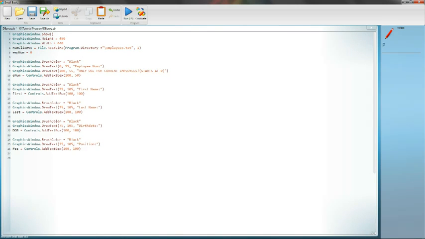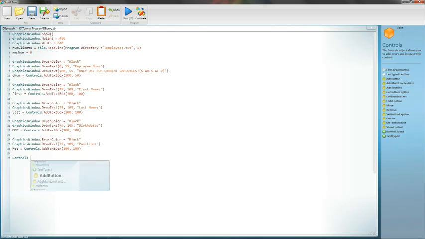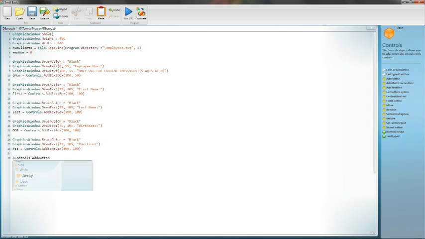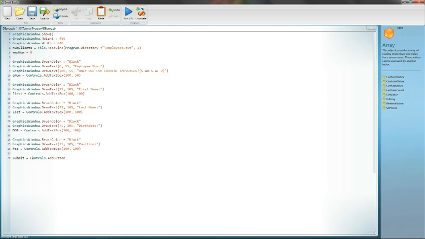So what we're going to do is controls.add button. And we do need to assign a name to it, so submit equals controls.add button. And the caption is going to be submit. And the coordinates are going to be, let's say, 300 down, 250 over. Just as an example, and that reminds me that I almost forgot, we need to adjust all of